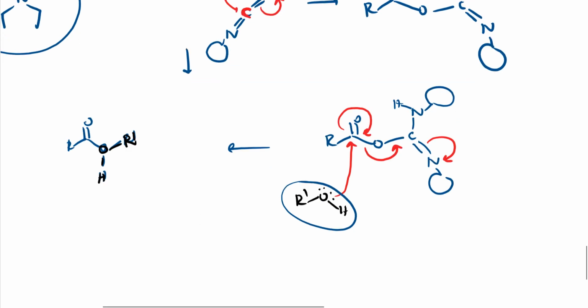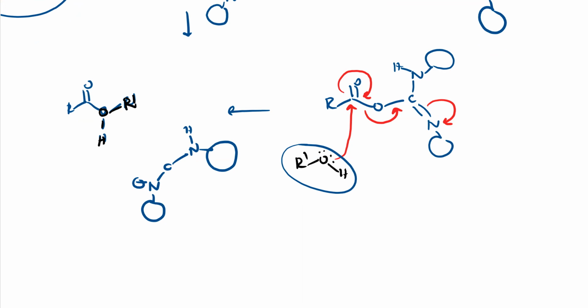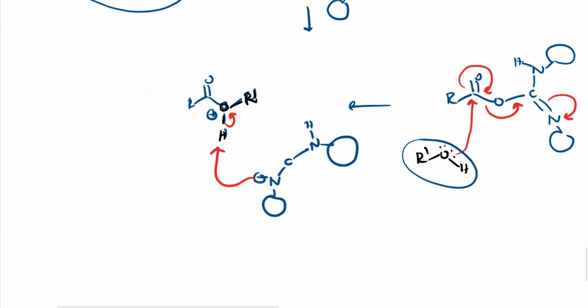Other things will be: the C double bond, sorry, now it becomes a single bond, C N minus, with a cyclohexane ring, and here NH with a cyclohexane ring. Here oxygen has a positive charge, so the negative charge takes this hydrogen, and this electron density goes to this oxygen and it becomes neutral. So finally I'm going to write the product.